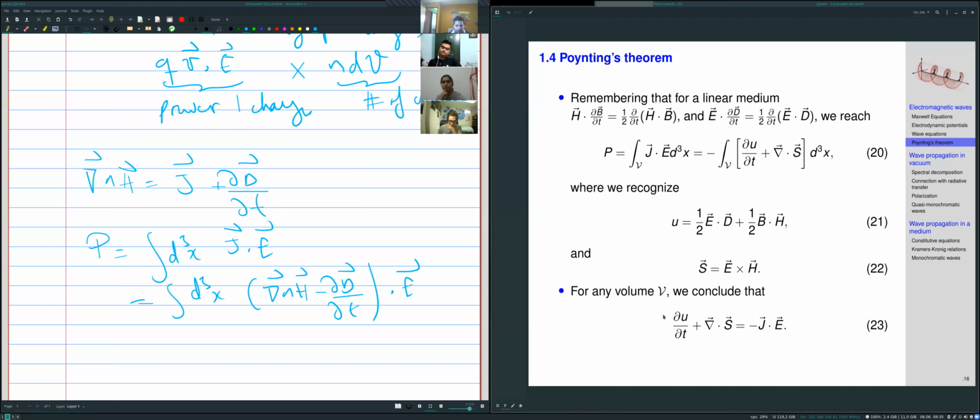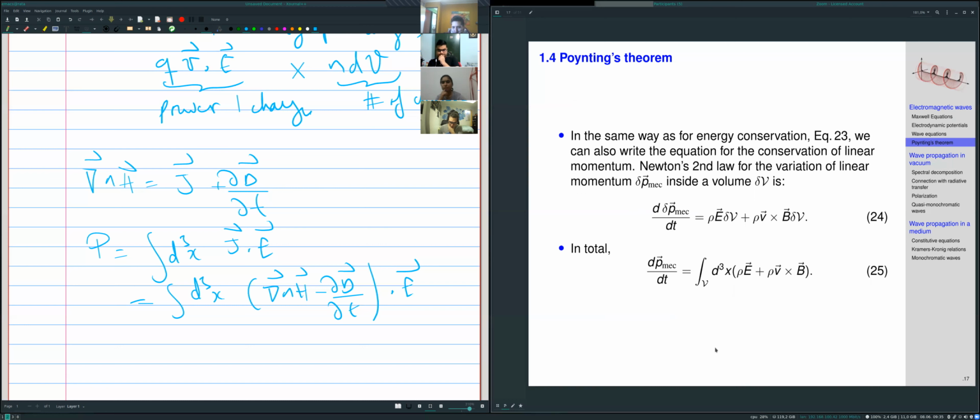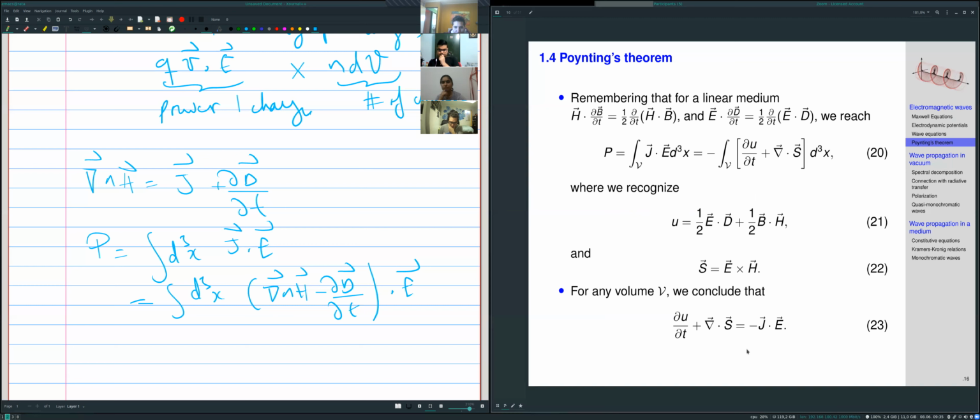this equation, which looks like a continuity equation for this quantity U, in terms of the power exerted on the charges. Okay, so since this is the power exerted on the charges, what's on the left-hand side must be some sort of continuity term for the energy density. Now, I think that this is as far as I get here. But I'm sure that you must have seen this before, in the sense that